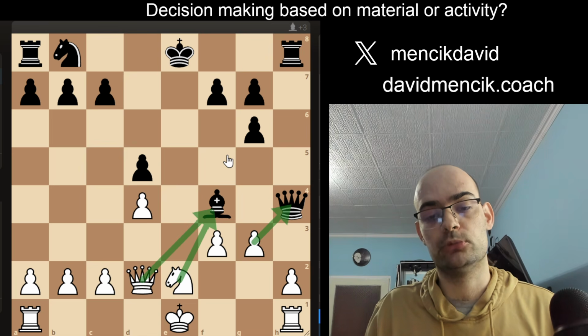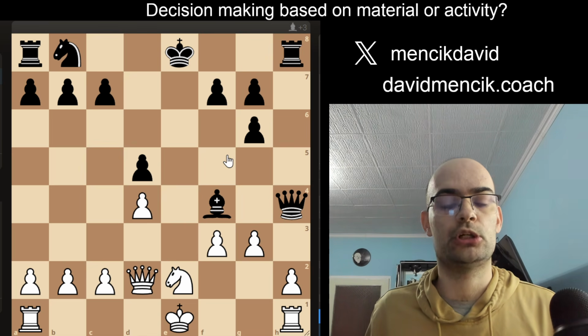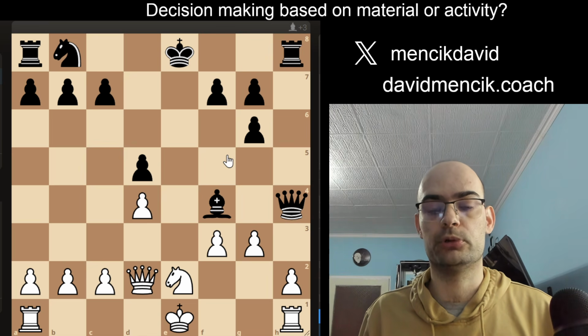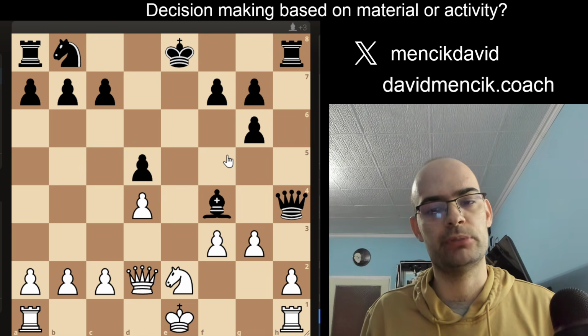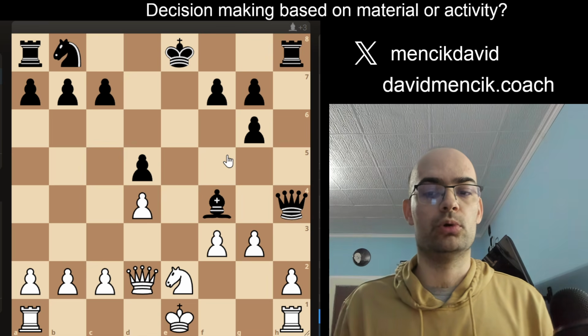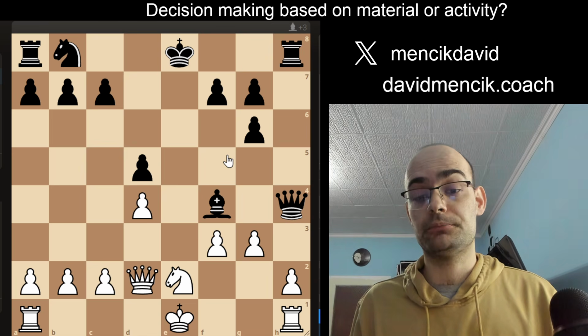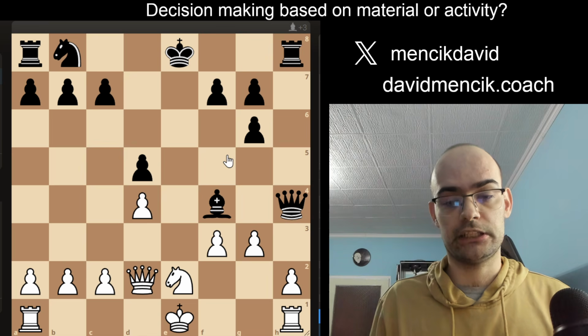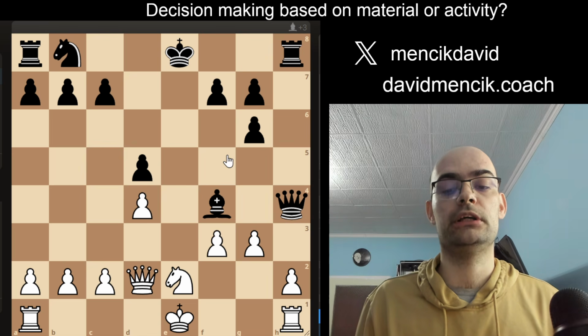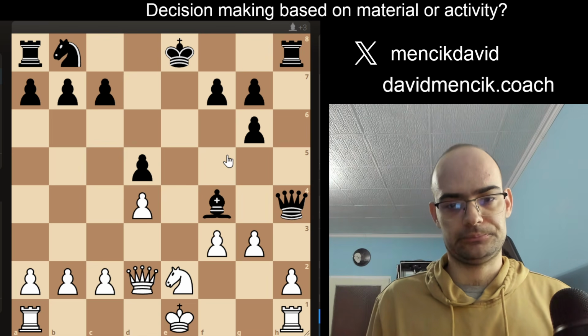All three are possible moves. I would like you to stop the video and think a little bit, and then we will go over all the possible variations. I would give myself maybe 5 to 7 minutes to figure out all the moves to some depth. Of course, you do not have to go to great depth in this position, but if you can, that would be the preferred way of calculating.